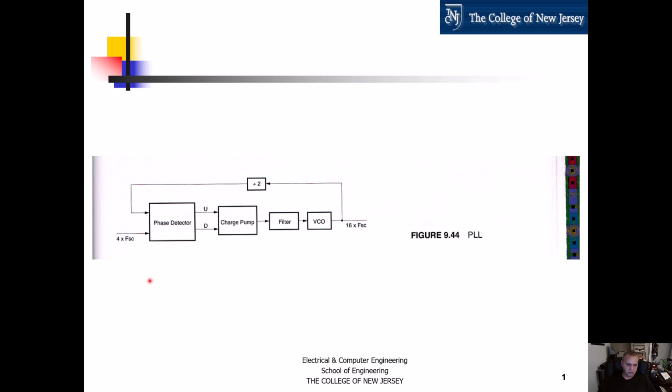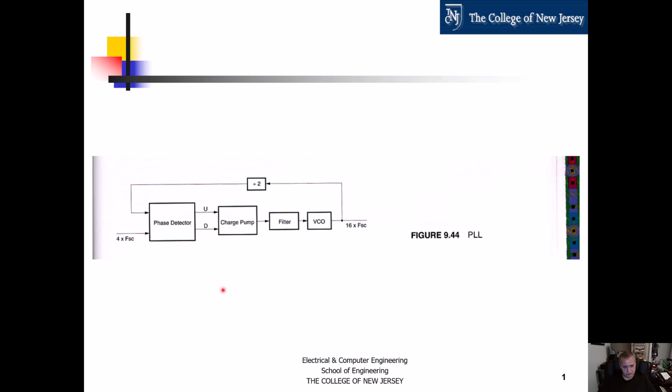So first, let's talk about a typical application, which is this phase lock loops are very popular in VLSI chips to do clock skewing or frequency synthesis. We have here in this block diagram the depiction of a frequency synthesis application. So here we have some frequency FSC, and here we're getting that frequency multiplied times 4 as 16 times FSC. So in this configuration with this type of feedback, the phase lock loop becomes a